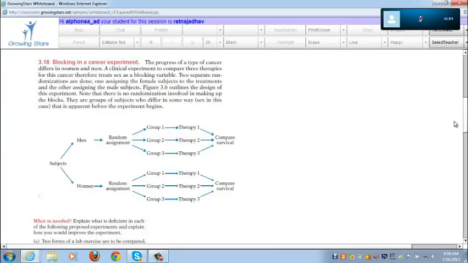How I would improve the experiment: it is not done randomly. The treatments are not applied randomly. That's true. So we have 10 rows in the classroom. We should choose 5 rows at random and then apply, or we can pool in all the names of the students in the classroom and then randomly choose half the number of students to be one form and half the number to be the other form.